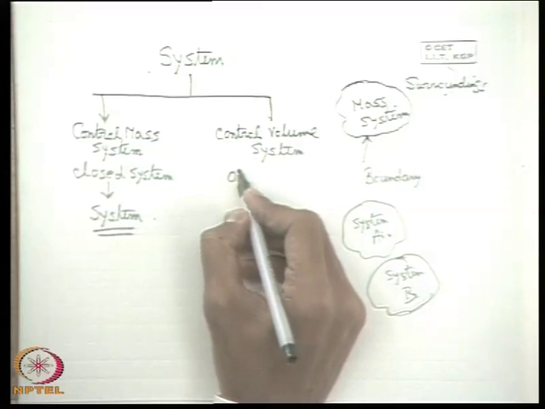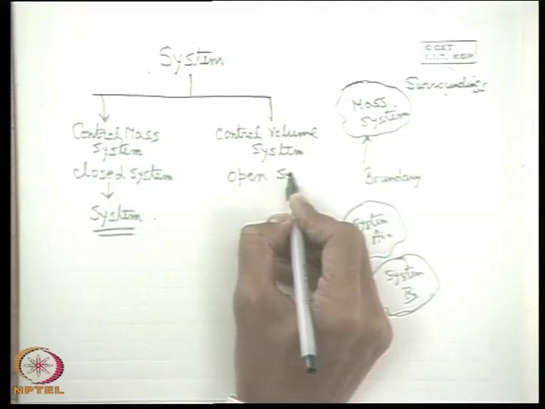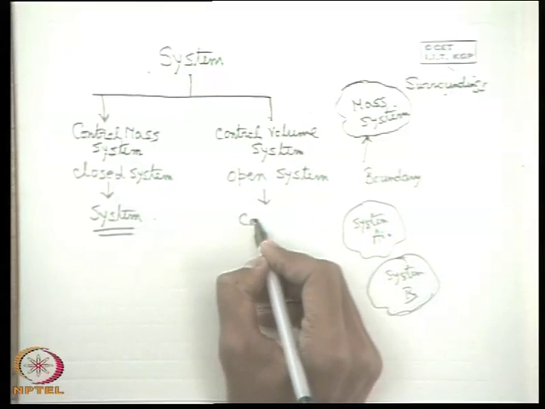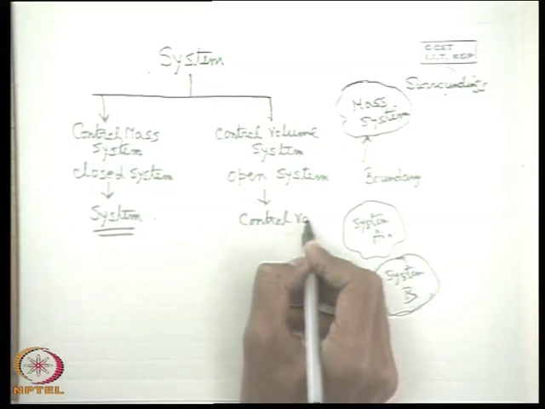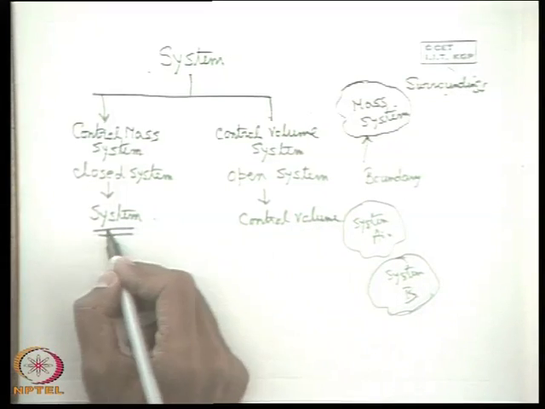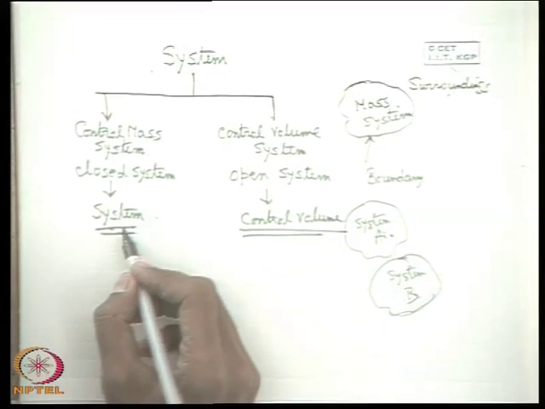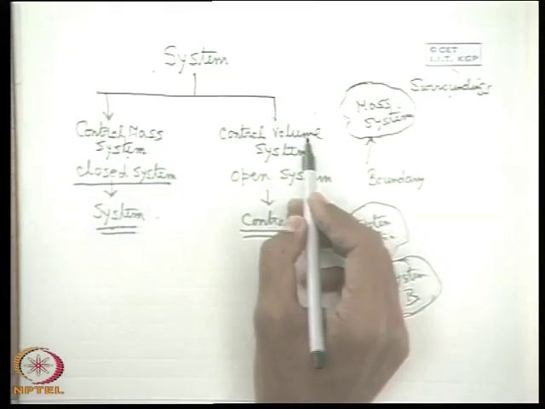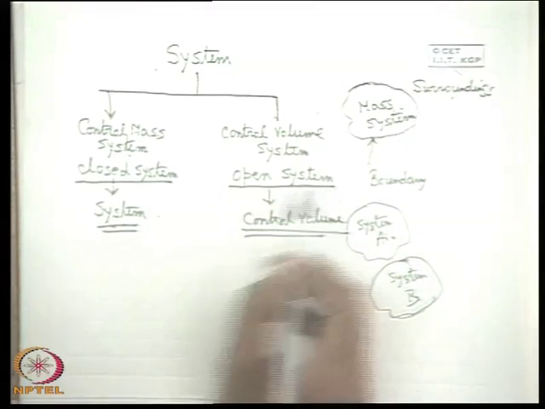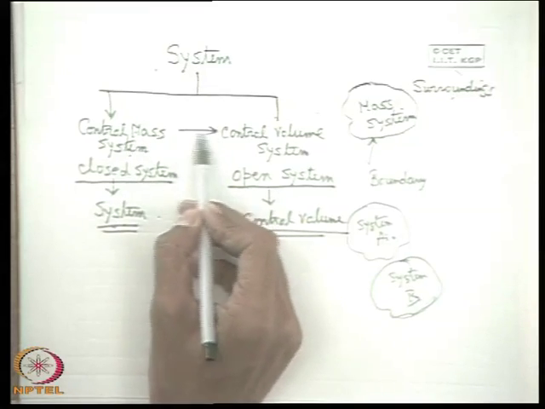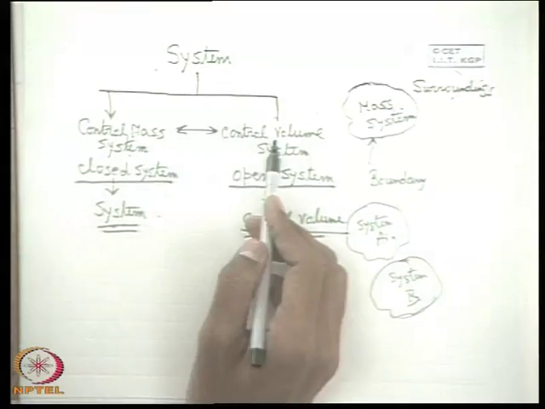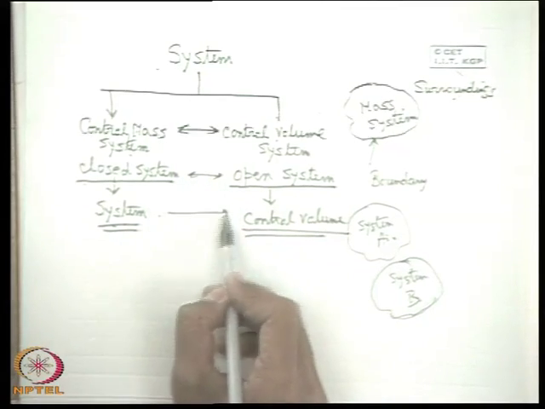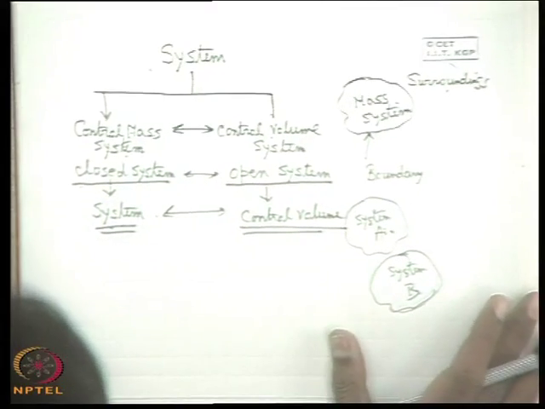The control volume system we sometimes define as open system, or we sometimes simply define as control volume. We don't refer to it as system. So when system and control volume, the two words are defined, system refers to the control mass system or sometimes closed system, and the control volume system is sometimes defined as open system. The control mass system goes with the control volume system vis-a-vis. The comparison is very clear. Closed system and open system. If we call this system, we call the other simply control volume.